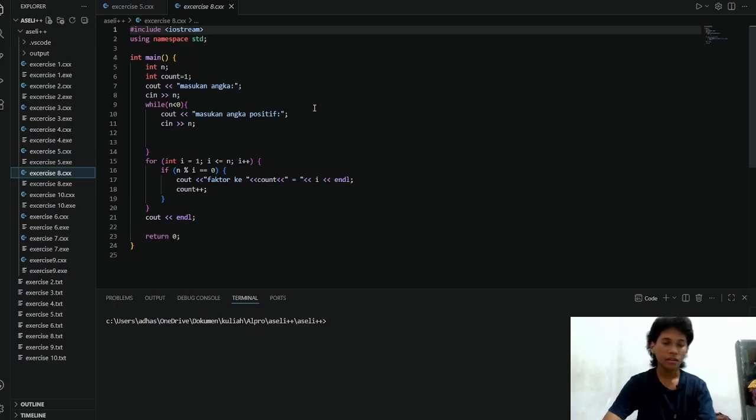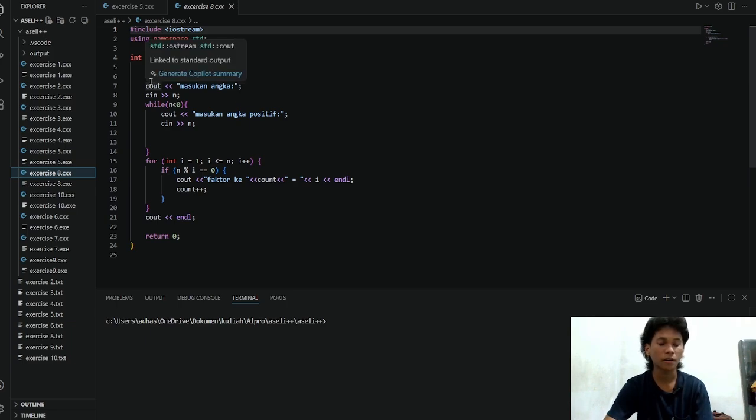First thing first, as usual, we use the iostream library and using namespace, and then we declare a variable n, an input for the user, and we declare a variable count as a counter for the looping.